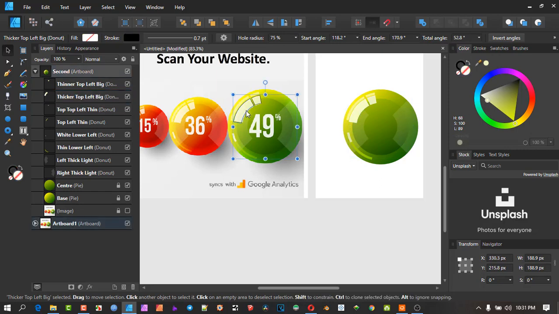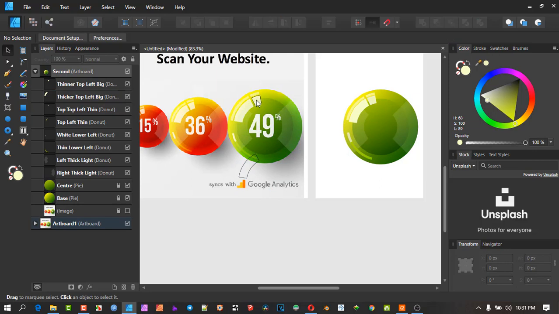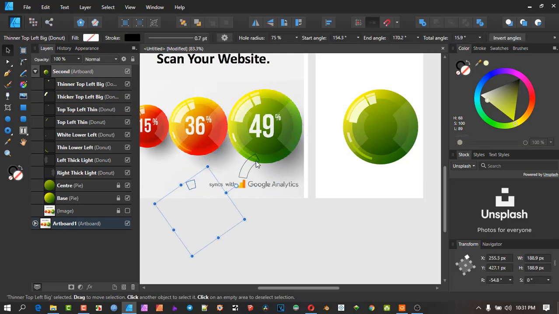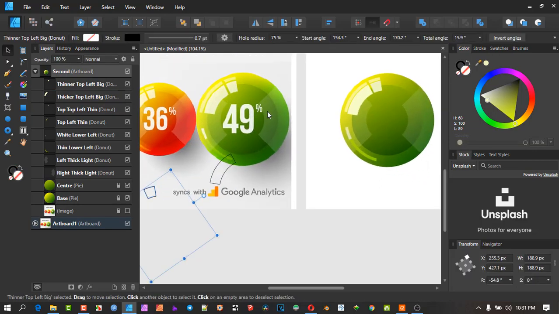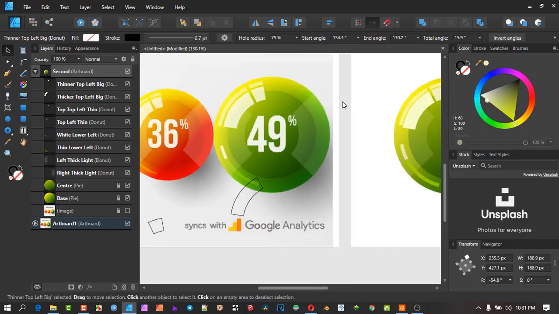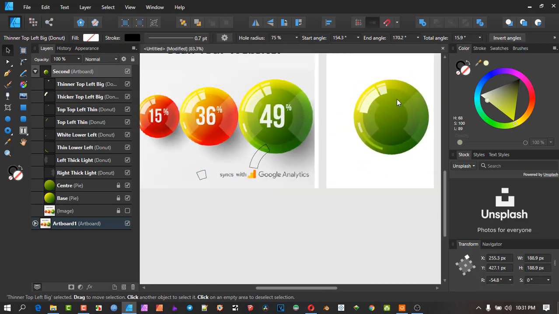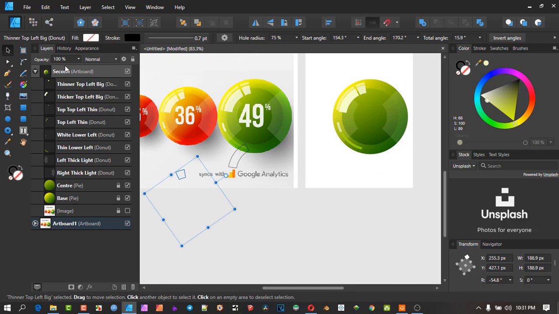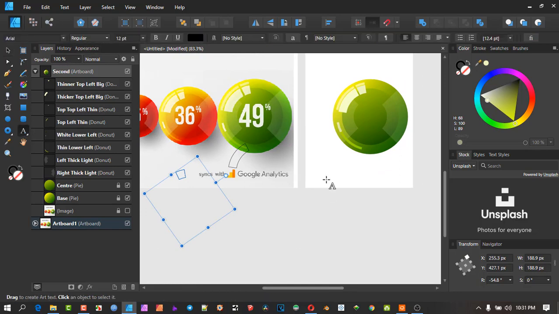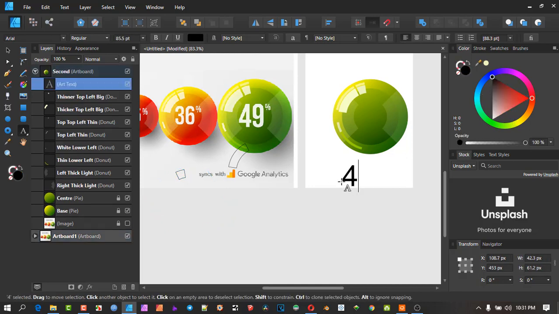Let me just remove those areas and see what we got here. Okay, yeah, I think we've got something. However, this is too clean for me. Let's put a 49, and I'm probably not going to choose the proper font for this 49, but I'm just going to get a figure in there. 49,